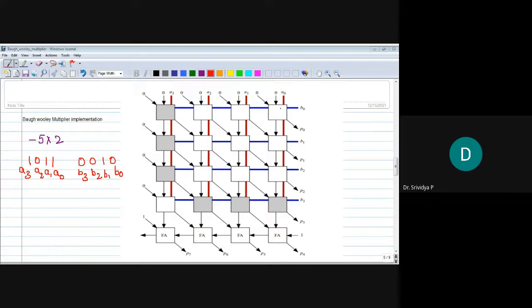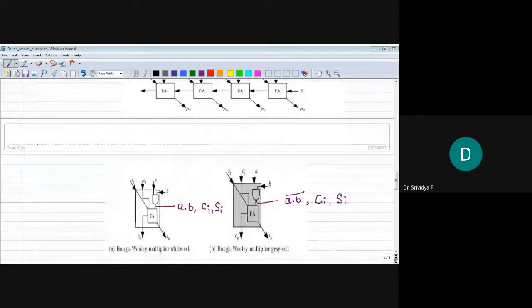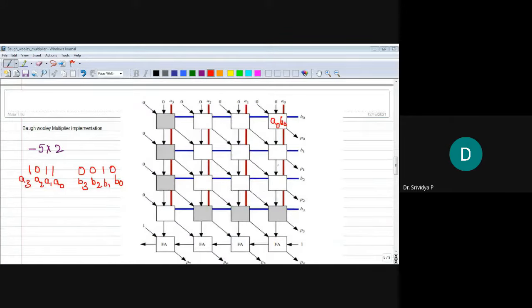In this first white cell, what is getting multiplied? We give A0 and B0, A0 dot B0. Why is it A0 dot B0? In a white cell, we do AND of A and B. In a gray cell, we do NAND of A and B. Since this is a white cell, it is A naught, B naught. This is also a white cell. What are the inputs?